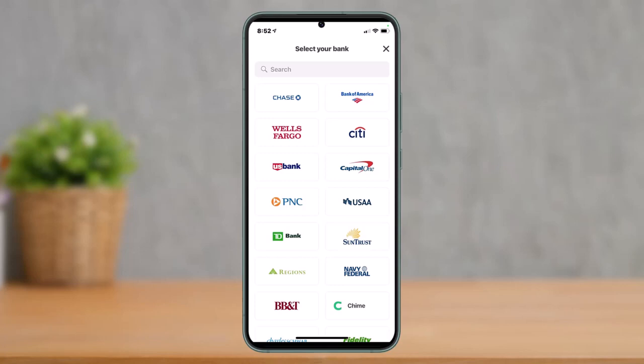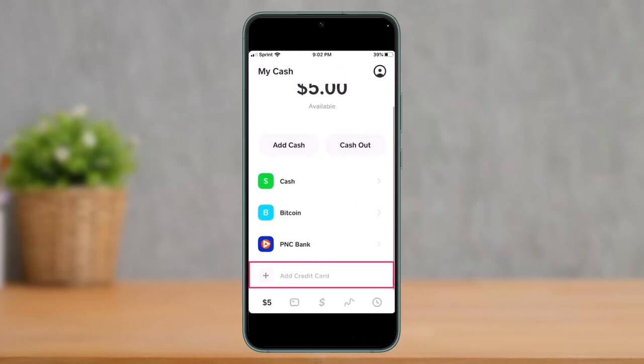Now, the next step is to add a credit card to your Cash App. Open up your Cash App, and again, go to the My Cash tab by tapping on the icon as we did earlier. Then this time, tap on the option that says add a credit card under the name of your bank. You can only find the add credit card option if you've already linked a bank before, because if you don't link your bank using a debit card or your bank account, you simply won't be able to find